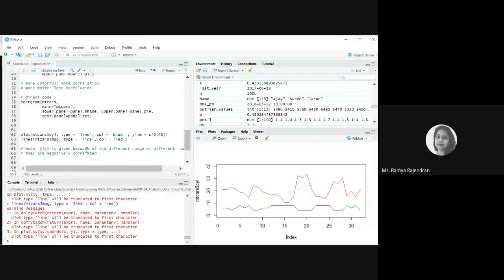So we can try to understand the relationship. So I gave ylim equal to 0 comma 40. So it means the y-axis value will be between 0 to 40. Since we had only 30 entries, it's default. The index number will be taken here.